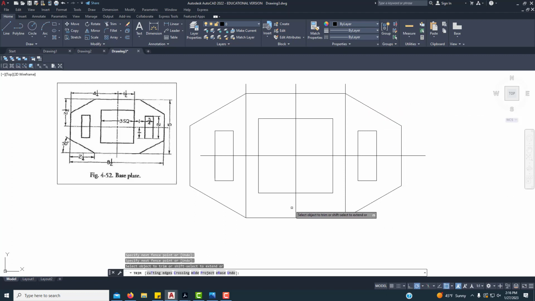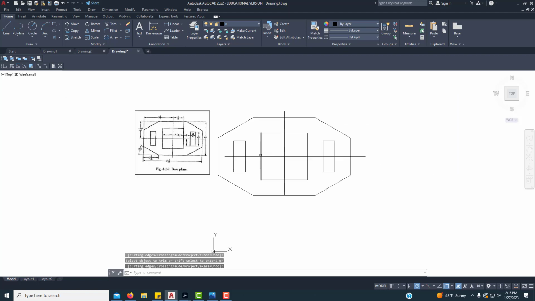And I accidentally trimmed my center line down here, but that's okay, we can get it back. And actually I don't need this line, that was only for measurement purposes, so I can get rid of it. So now we're left with this base plate. We have all of the information that we need from the dimensions on the drawing. We will need to know that it's figure 4-52 base plate to put it in the title block, but for now